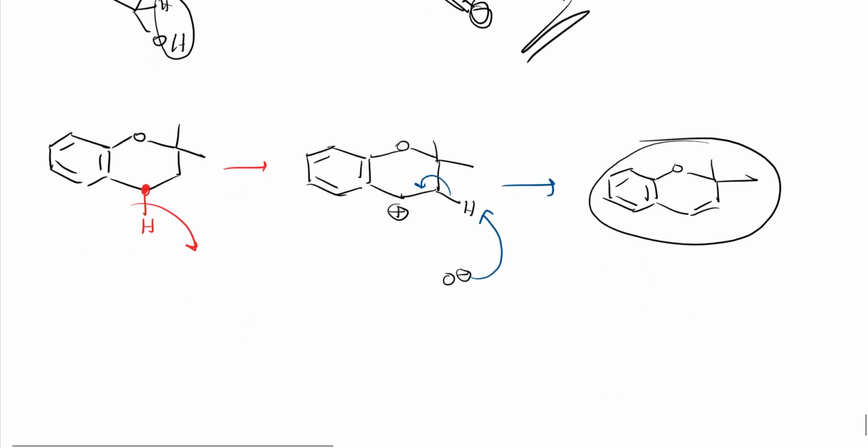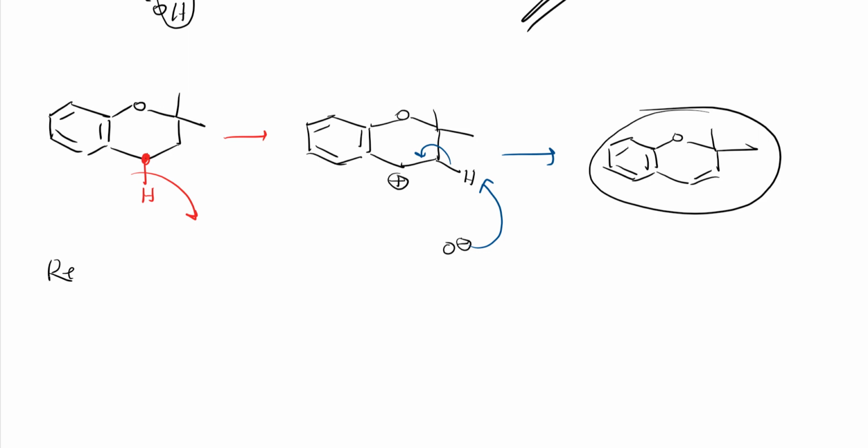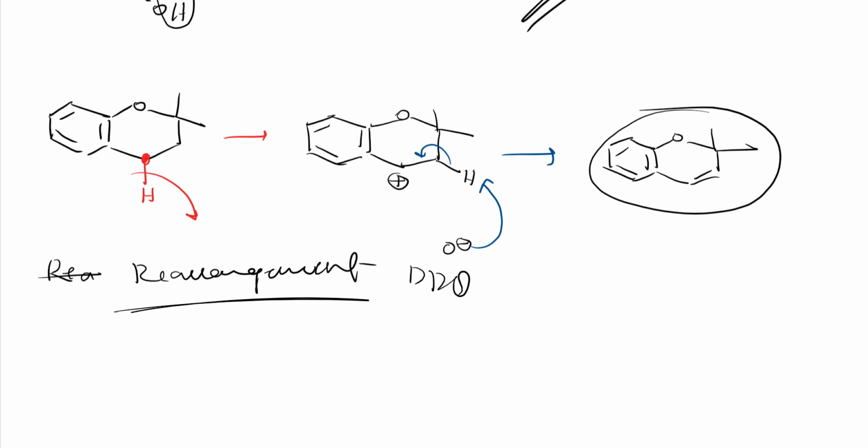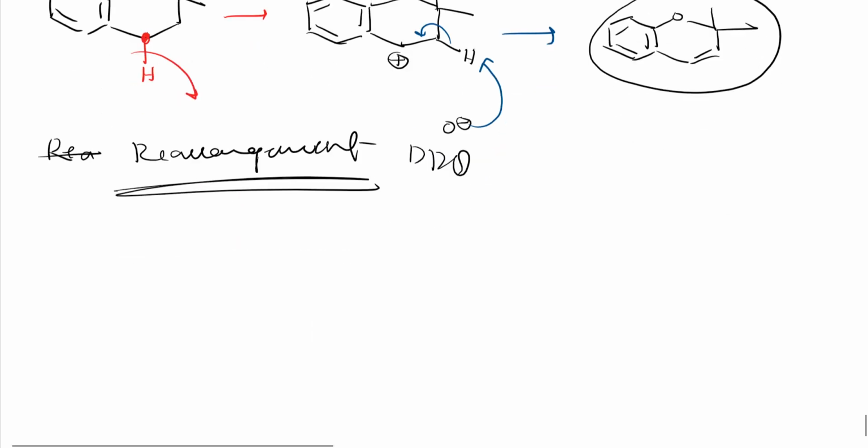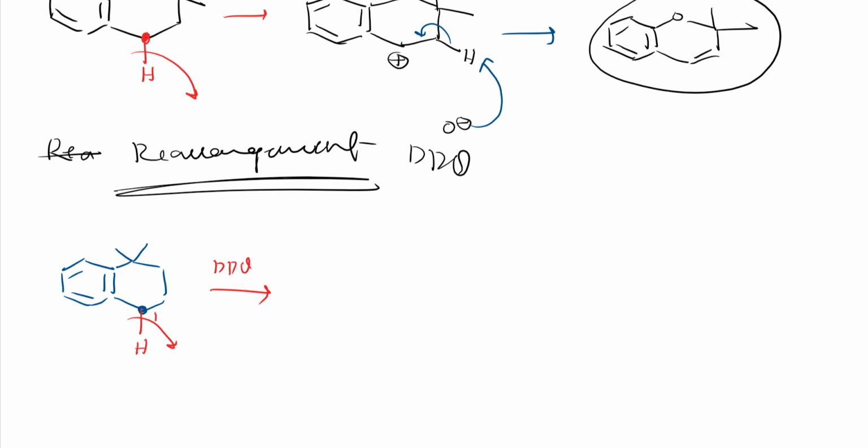Let us see some rearrangement reactions of DDQ, right? So these are also very simple, right? Just along with me, you keep on writing, I'll keep on explaining so that it will be clear for you, right? So here this carbon is a benzylic carbon, so here it has got hydrogen, benzylic hydrogen, right? So DDQ will take this, so it is in presence of DDQ only, right? So carbocation is formed here, right? Next it will take this proton, so this bond will shift here and I'll get this product, right?